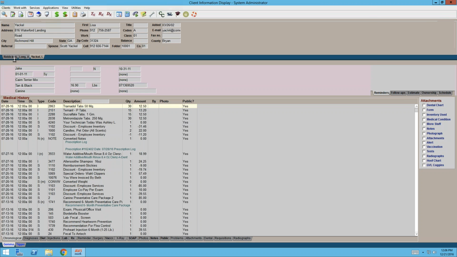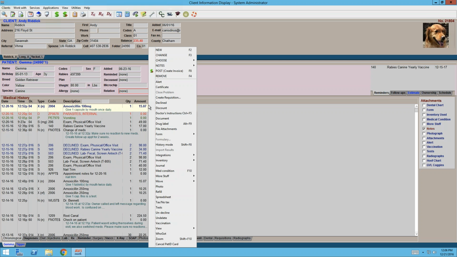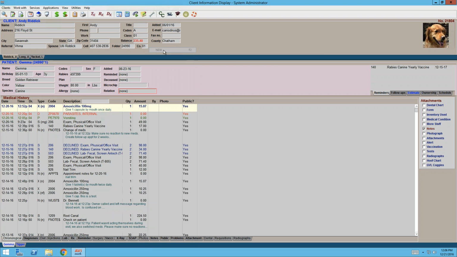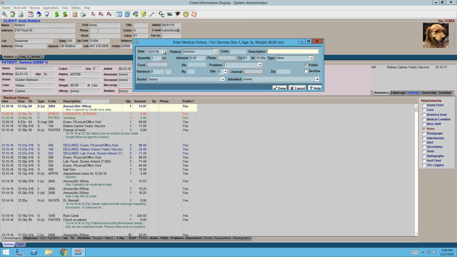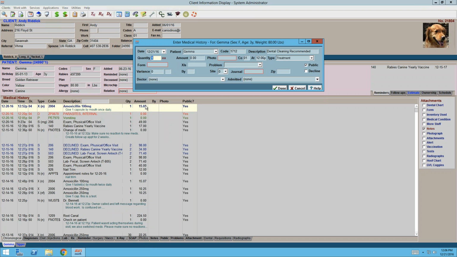Perfect. All right. So we're going to start with the dental chart first, and then it's just the built-in dental chart that AVImark has. So that being said, typically when clinics are using it, they'll place their dental treatment code, of course, into medical history. Oh, that probably wasn't a good one to choose, but